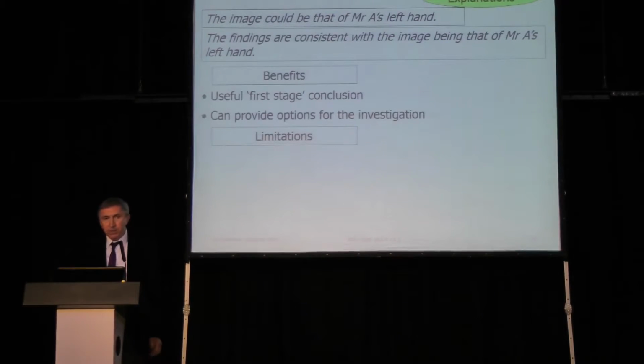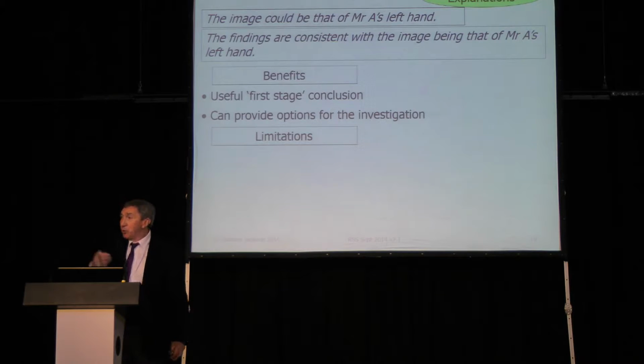Explanations, benefits: the useful first-stage inferences that anybody, a trained monkey, could probably make, given two sets of matching characteristics, that could have come from there, or whatever. And it's useful when we're in investigative mode, when we're helping the investigation prior to maybe a suspect being arrested or a defendant being charged.